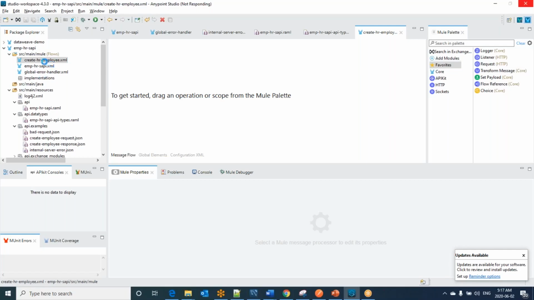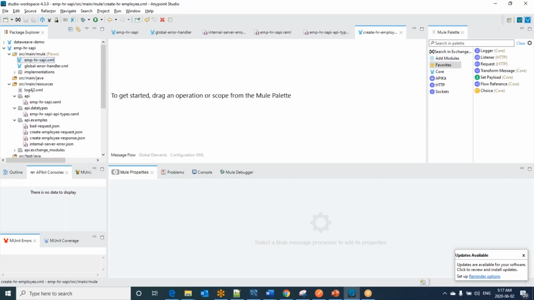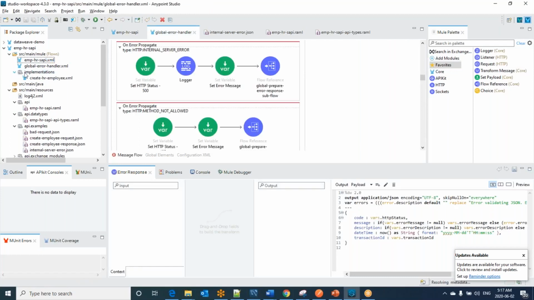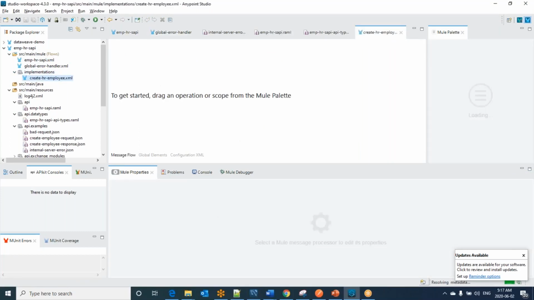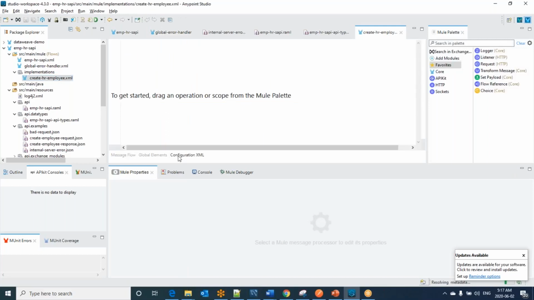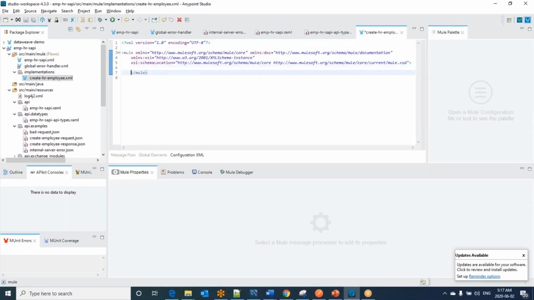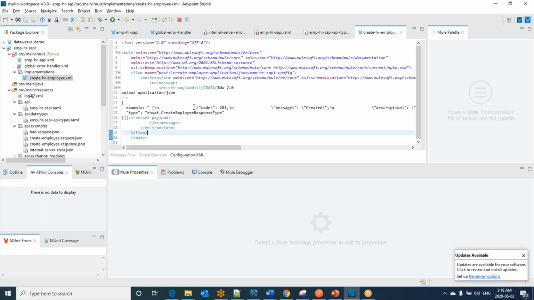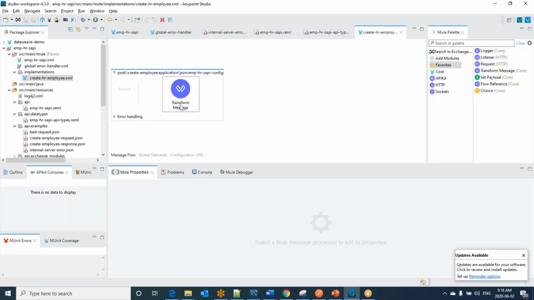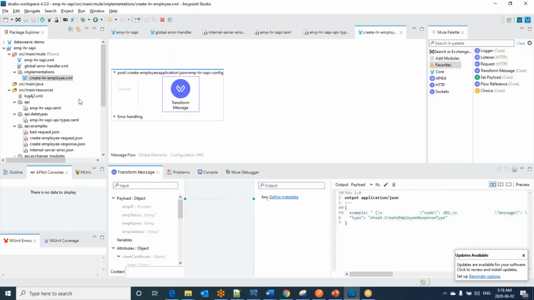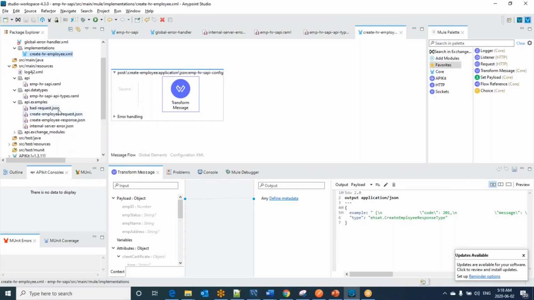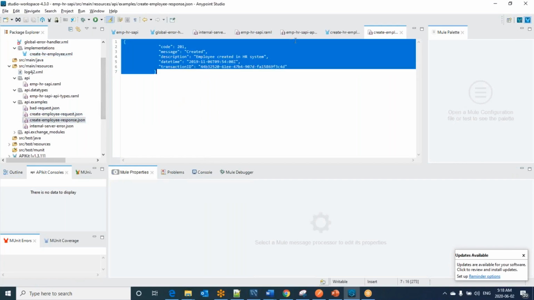Because we should not do all the development in one flow itself. If I have one REST service, that is fine. But if I have more REST services, that would be clumsy and more difficult to understand. I have discussed this in the Anypoint Platform section, which I have previewed. You can see how we can create a real-time project there. You can understand this. Save. And I am going to have a response, not like this. Let me copy and paste from our examples. So the create employee response JSON. We would like to have the response this way.